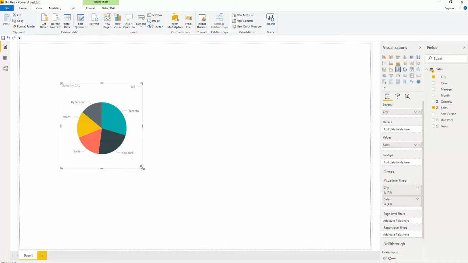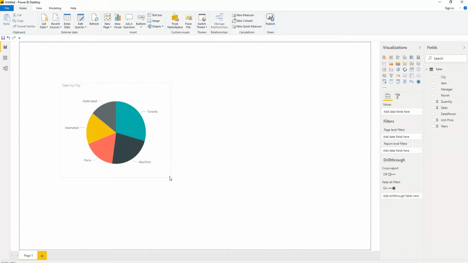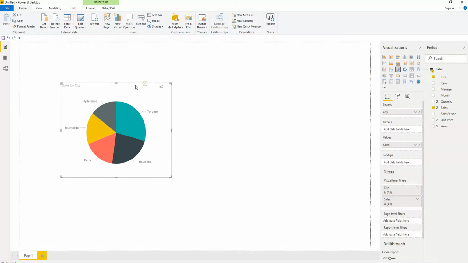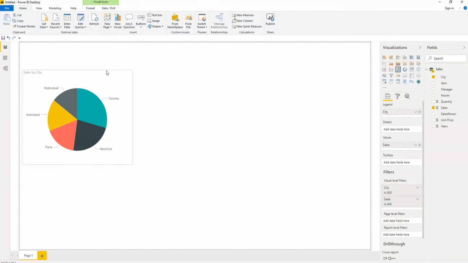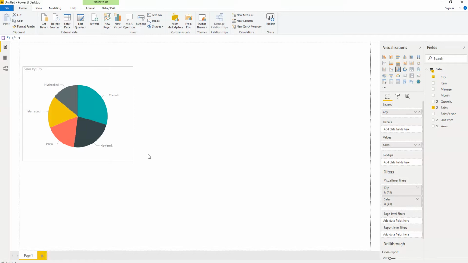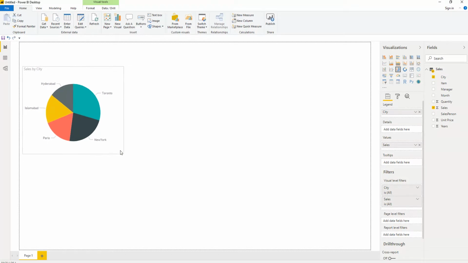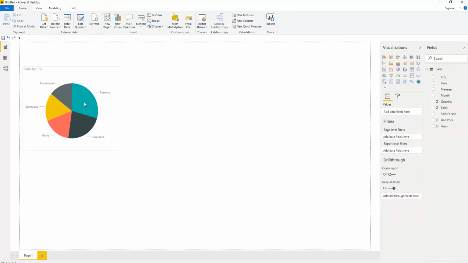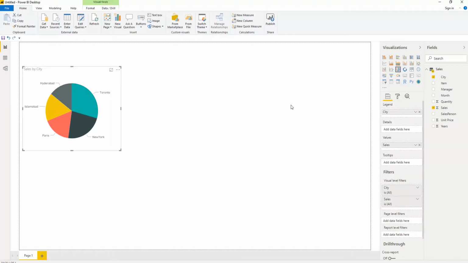These are the handles. You can increase or decrease the size of this chart, and with this you can move it wherever you want. I say I want my chart here, so this is my chart. So this is the Toronto sales, this is the New York sales, and these are Paris, Islamabad and Hyderabad. If you click here, you will see city-wise total sales, as well as the percent of the total sales. Okay, now suppose we want to make another chart here, right,